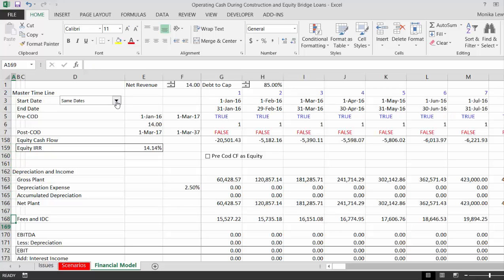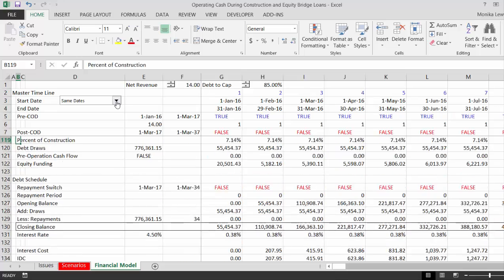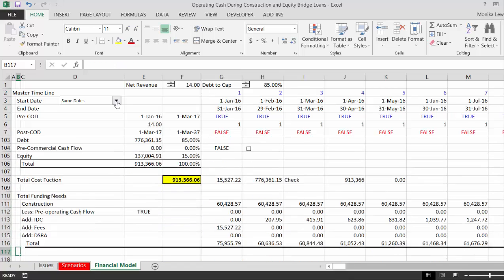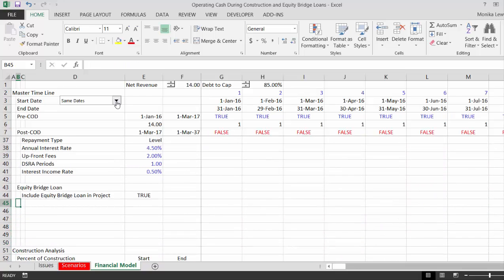When you make this balance sheet this time, part of the fees in IDC we would put capitalized. We would put IDC depreciation on the equity bridge loan. So in addition to affecting the cost of the project and the debt on the project, it affects the tax shield on the project like other debt. Now, if we put false in here, okay,